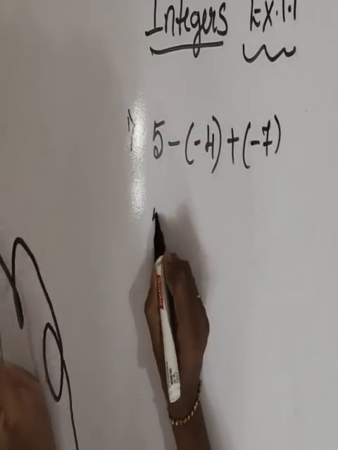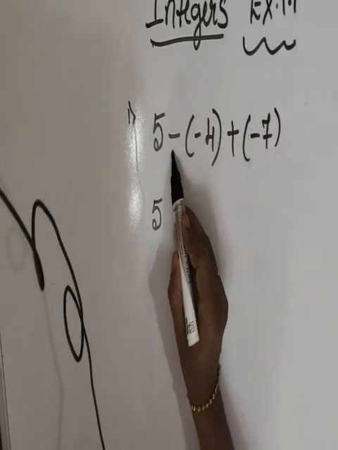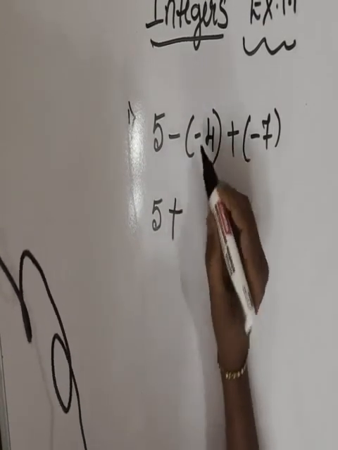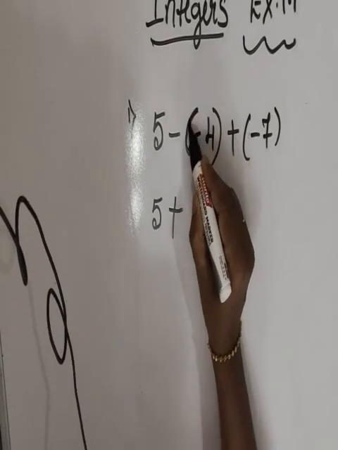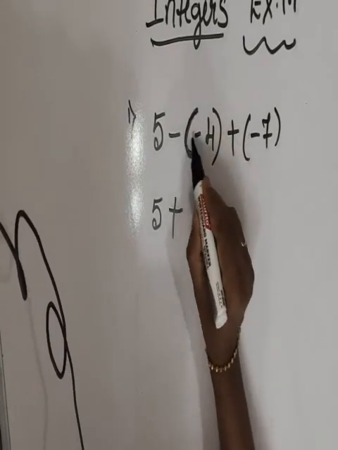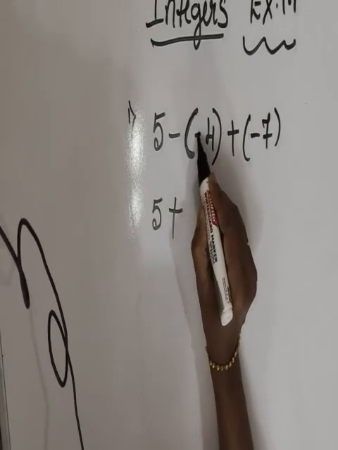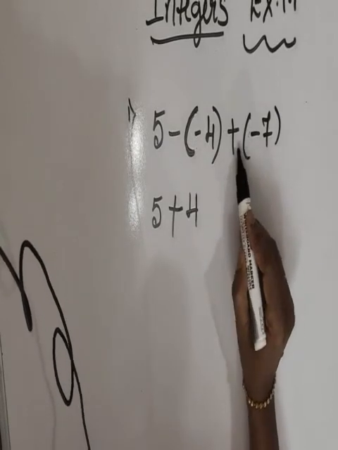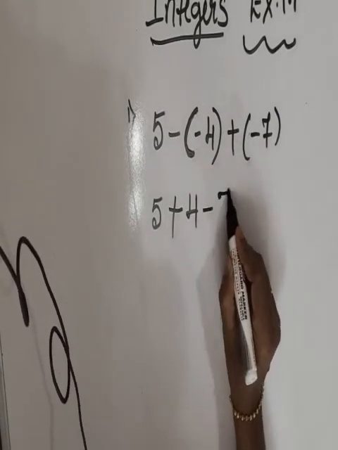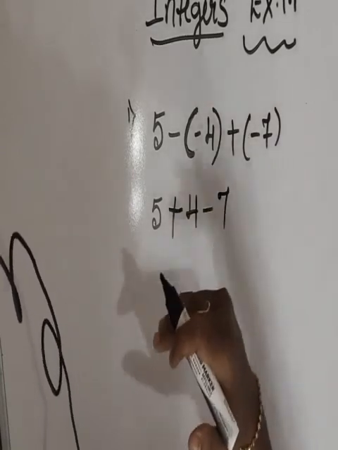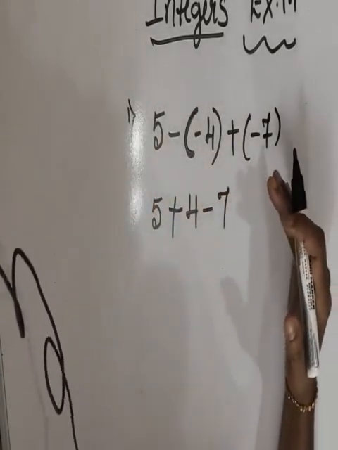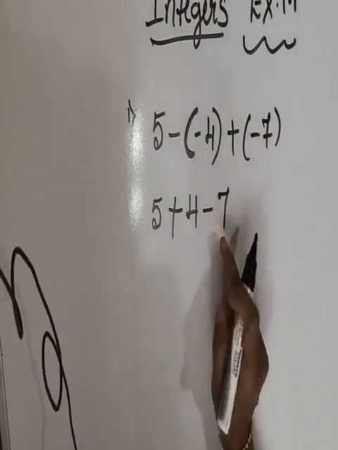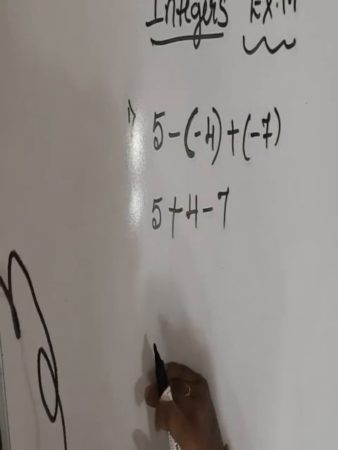Okay, now 5 as it is, minus of minus 5, minus of minus becomes plus. I said in the last class, this bracket means a multiplication between these two signs. Now write the 4 as it is. Now this into this, plus into minus, minus 7. See, always one step you have to do. Don't go for the direct subtraction or addition, you will go wrong. So first simplify the signs. Afterwards, go for the addition or subtraction one by one.